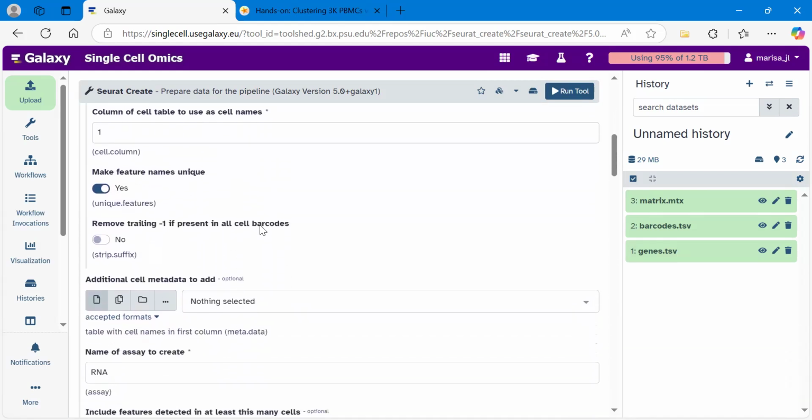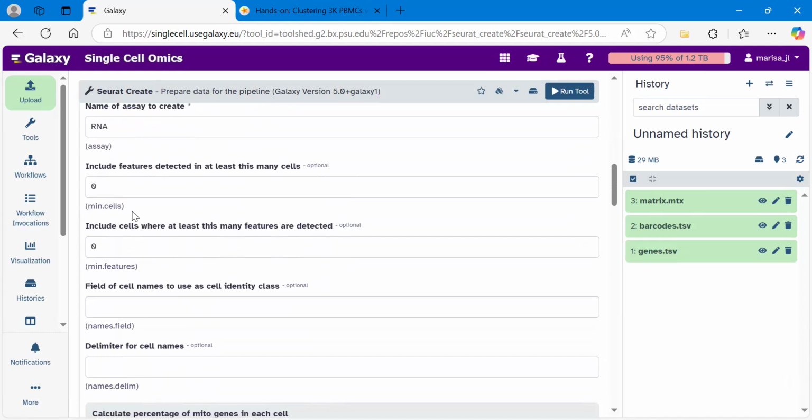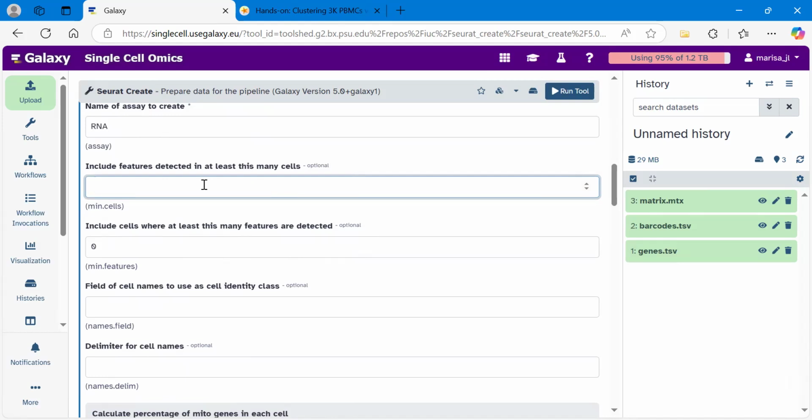If we scroll down a little bit, we can see here we've got some filters, so we can filter out the really poor quality cells that we had here. So I'm going to say it should include features detected in at least this many cells, and I'm going to change that to 3. So I'm not interested in any genes that were only found in 1 or 2 cells, because I think that those are probably just likely to be mistakes in my data